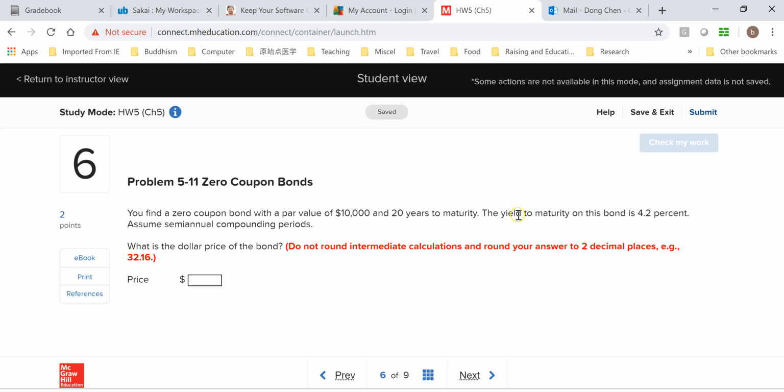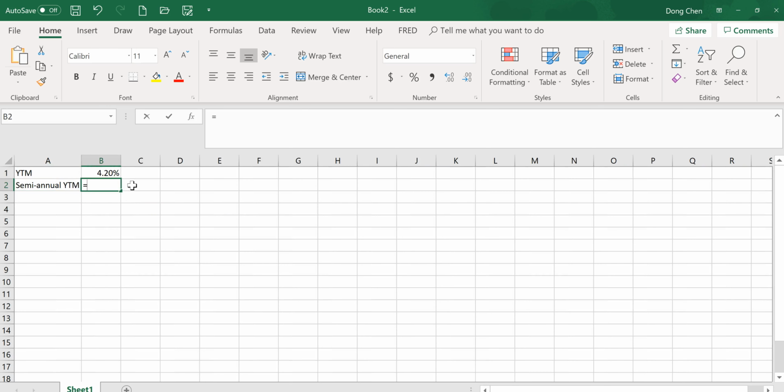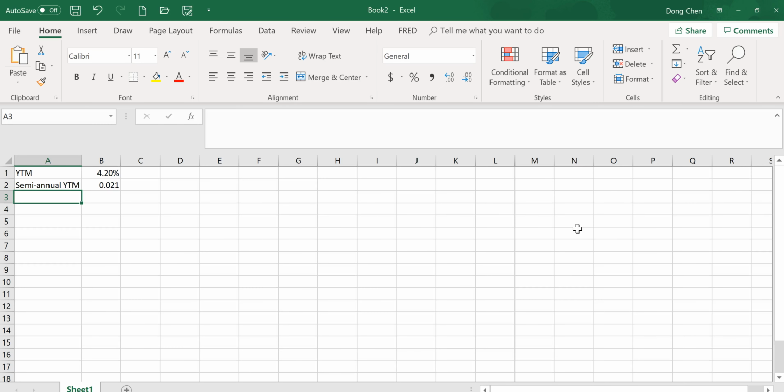Yield to maturity is 4.2%, so that's in annual terms. And so we need to get the semi-annual, which is simply this number divided by 2. Okay, so and par value is 10,000 and